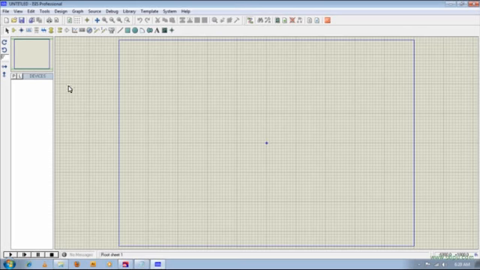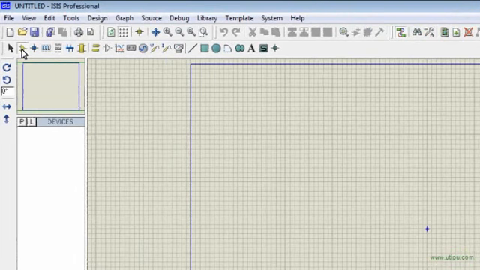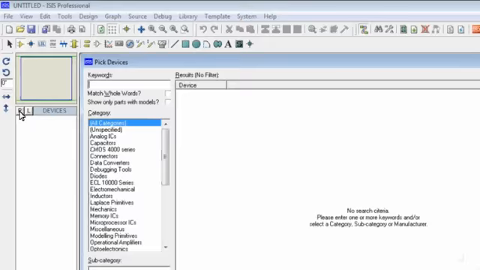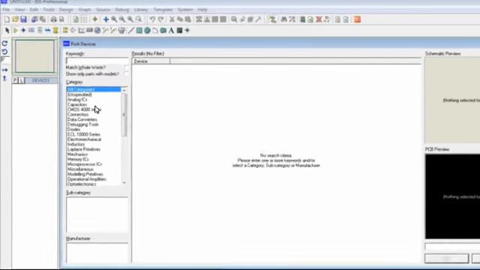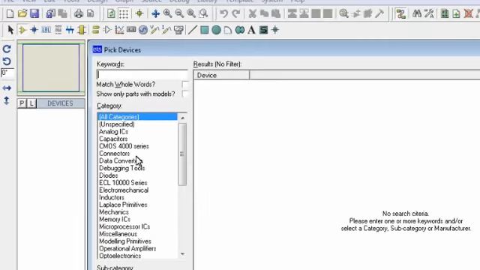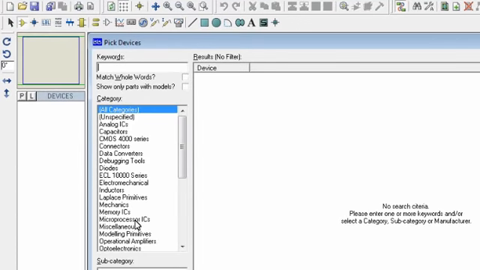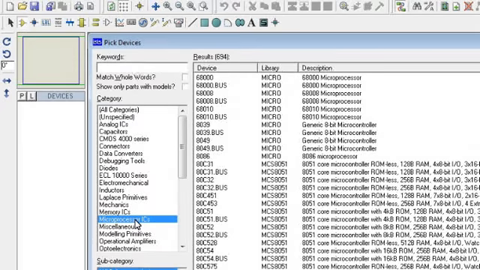So this is actually the main layout. So we can immediately start to construct our circuit. So for that, this is the component mode. Click on the component mode and just click on the pick from libraries. So you can see here pick devices. So as you can see here, there's a lot of categories. So we will search under microprocessor ICs. If you double click on this,